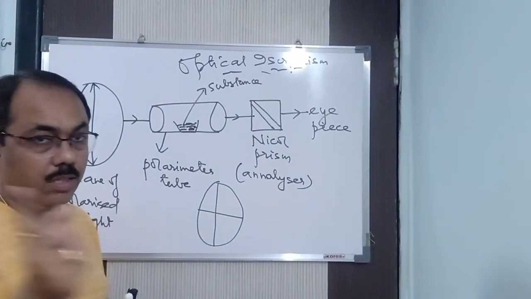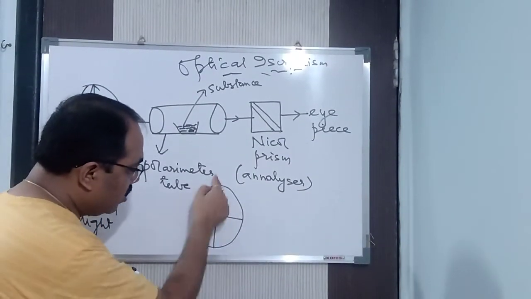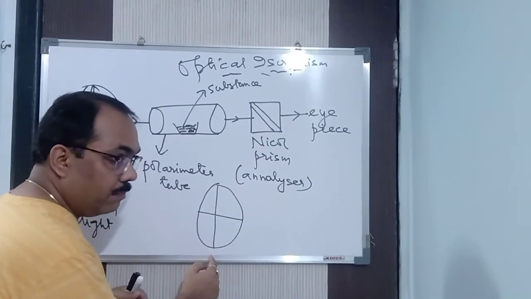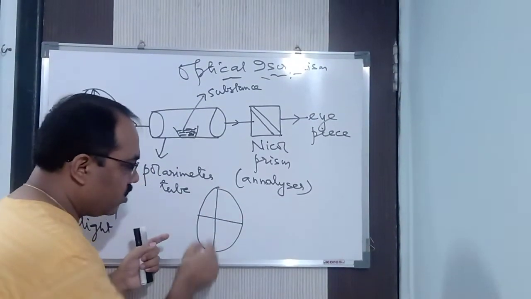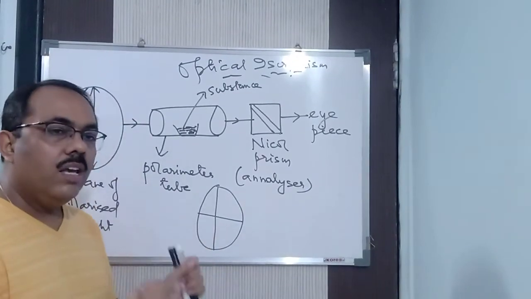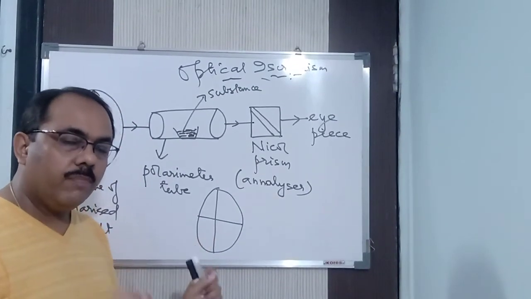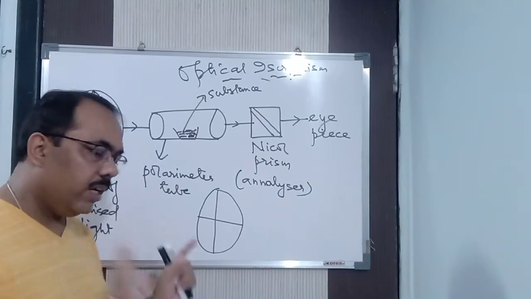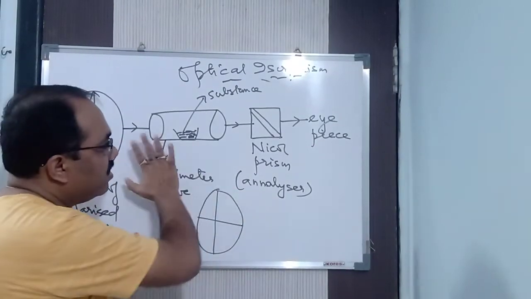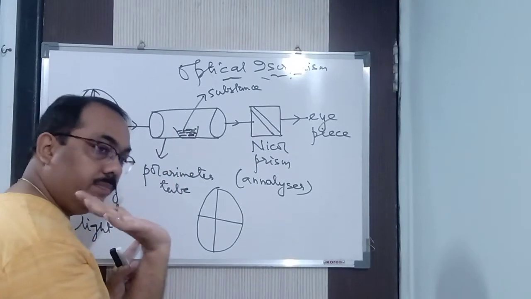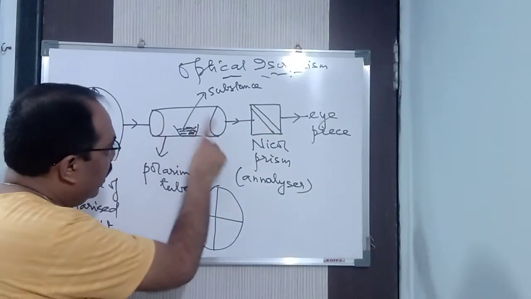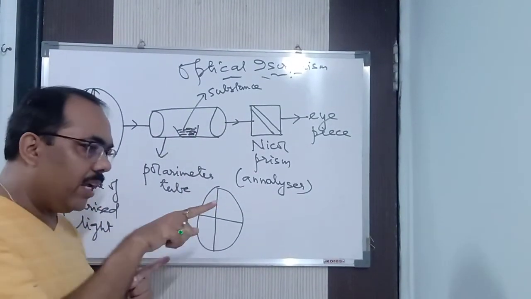You will be getting it. Clear? So this crossed wire, which you will be seeing through the eyepiece, at a particular point you will see it is sharp. When it is sharply visible, alright, you need to set it there. So this setting has to be done before passing the plane of polarized light. Understood now? Now you pass the plane of polarized light and you rotate the microscope.